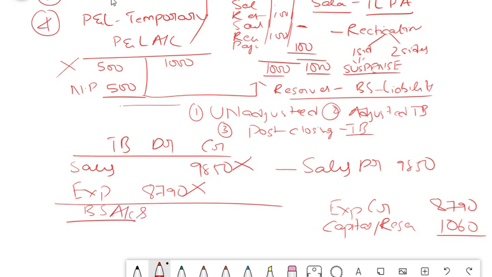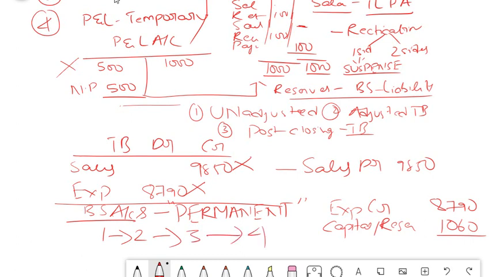Why will only balance sheet accounts remain? Because balance sheet accounts are permanent. I already told you this and have repeated it many times. You should always remember this, because balance sheet transactions pertain to more than one year, whereas P&L is only for one year. So all the balances lying in your balance sheet accounts will flow from one year to another, second year to third year to fourth year. So this balance will keep on flowing.